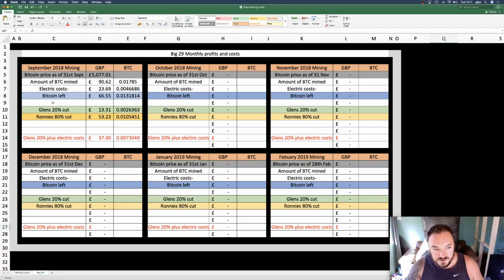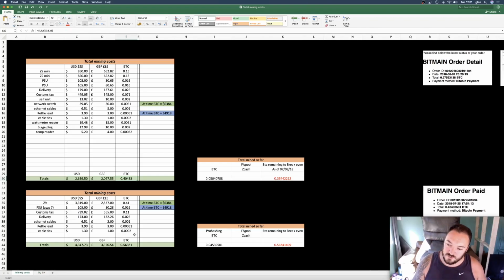So in the whole of September, I was mining with that machine for about a week. And obviously now we're in October. I was mining from October the 1st to October the 31st, so I can clearly see what it earns over the course of a whole month, minus electricity, and then see what we're left with after that. But to give you the overall figures, since I've been mining with the big Z9 Mini, that has achieved